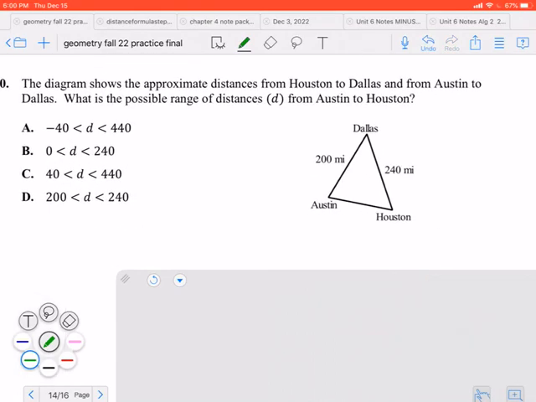And our final question here. The diagram shows the approximate distances from Houston to Dallas and from Austin to Dallas. From Houston to Dallas, 240 miles. And then from Austin to Dallas, 200 miles. What is the possible range of distances from Austin to Houston? Okay, so to find that third side,